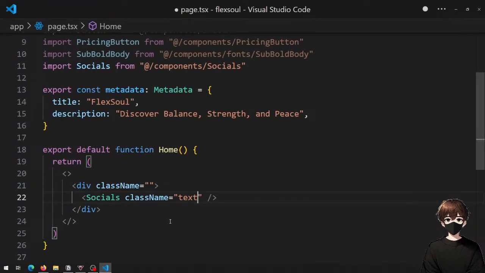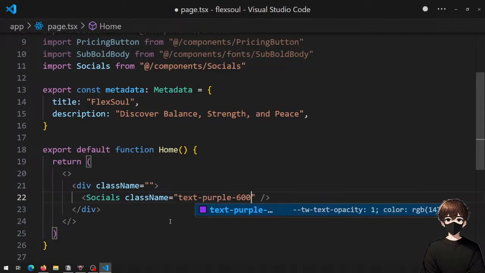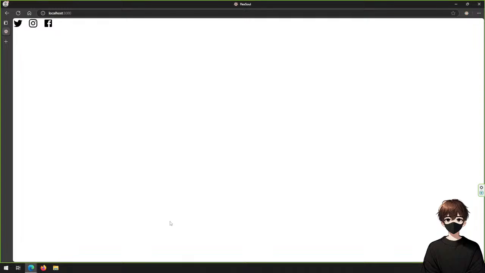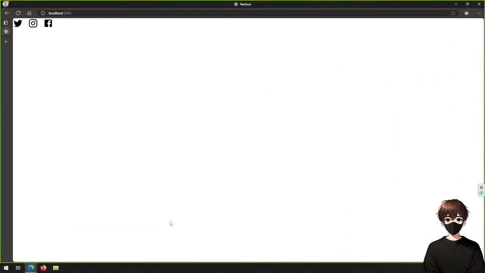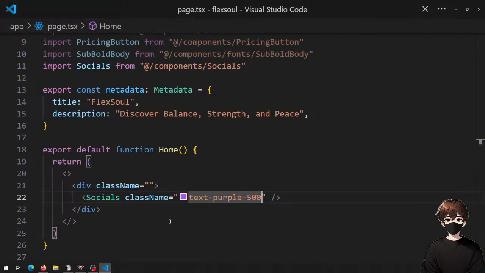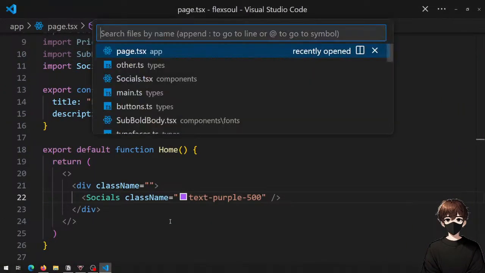Text red, text purple. Let's see if it holds true. I don't think so. No. Why not? Class name icon. Like icon. SVG. Definitely not. Okay, so we're gonna do it the other way, and the other way is not how I like it, but